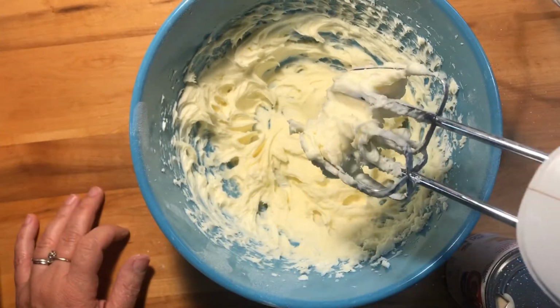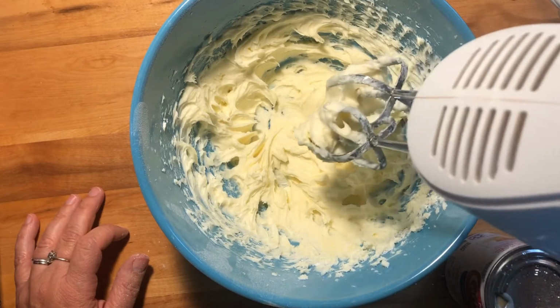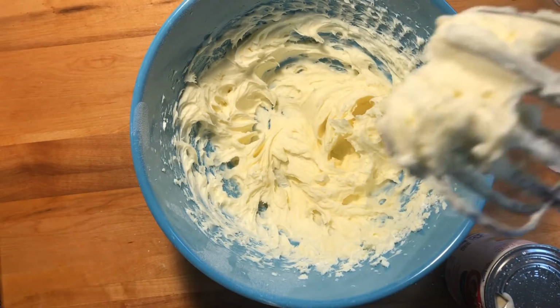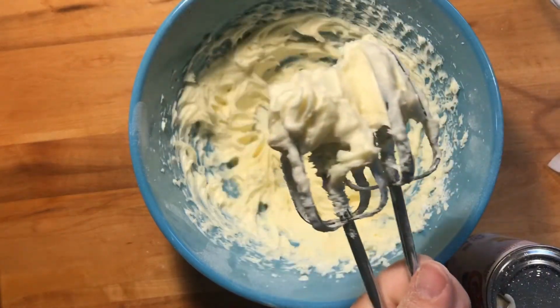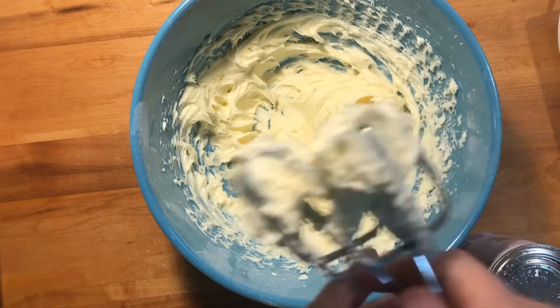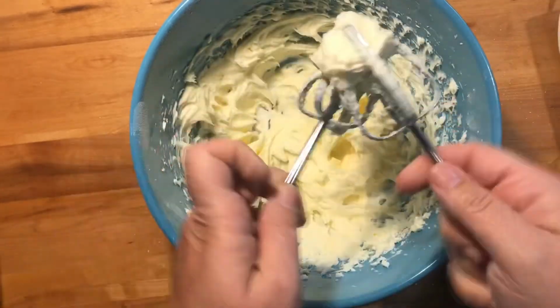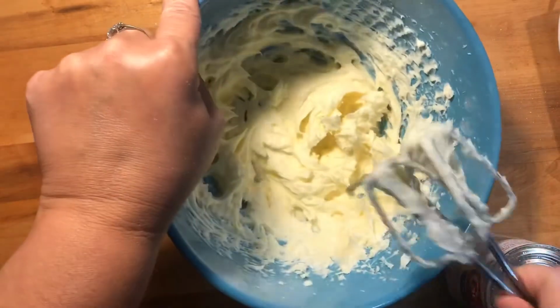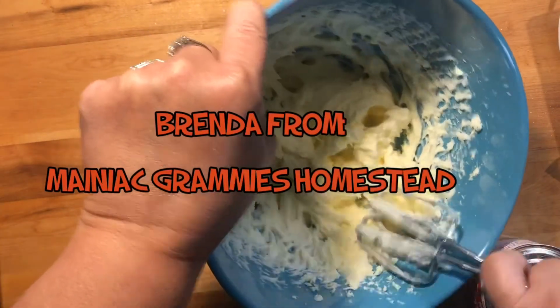My mixer just blew up. I'm going to have to transfer to my KitchenAid. Oh, man. Sorry, Brenda. I know I'm not supposed to beat on the bowls, but...